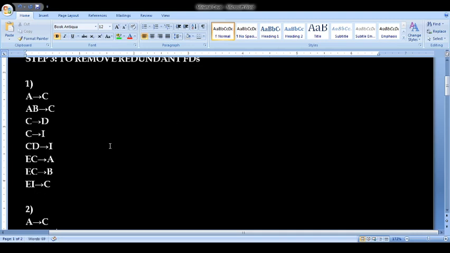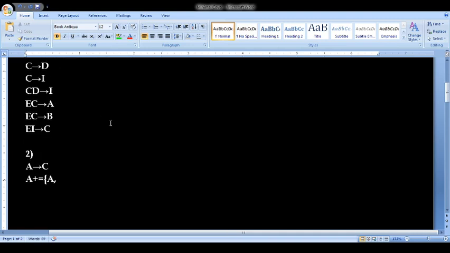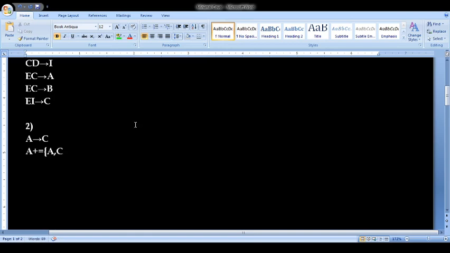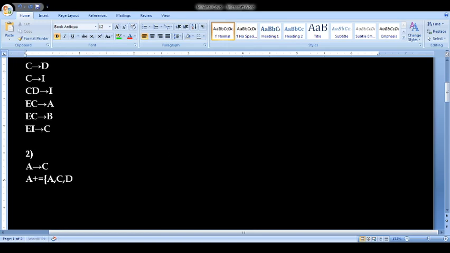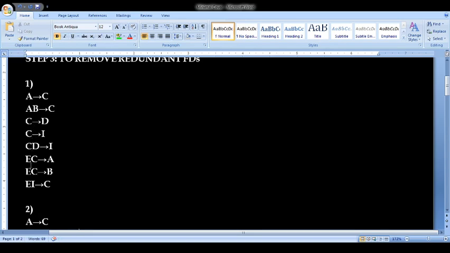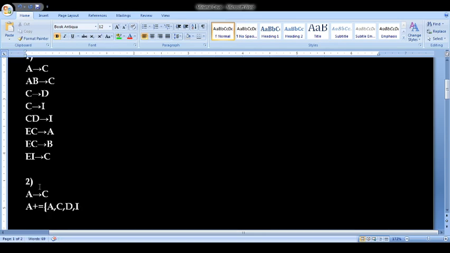Next, from A you can get C. And from C you will get D and I. No more elements can be got in this closure set because we have covered everything. Here E is required, but E is not there in the closure set. So this will be our A closure.